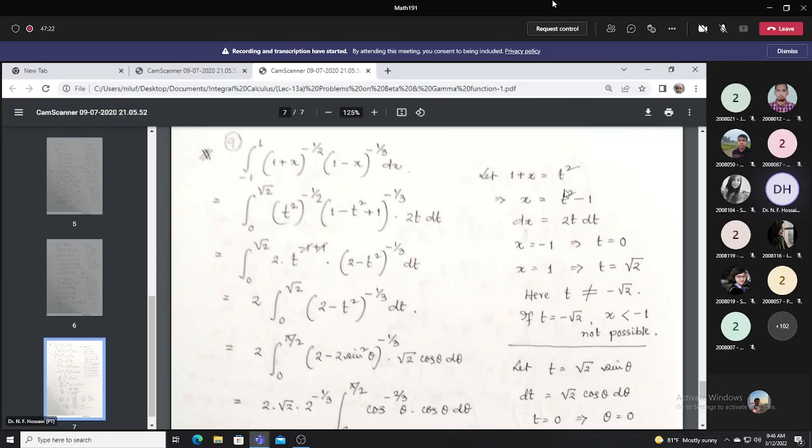1 plus x equal to t square. So x should be t square minus 1. If you take the differential, dx should be 2t dt. Now you adjust the limits. When x equal to minus 1, t square is 0, so t should be 0. When x equal to plus 1,